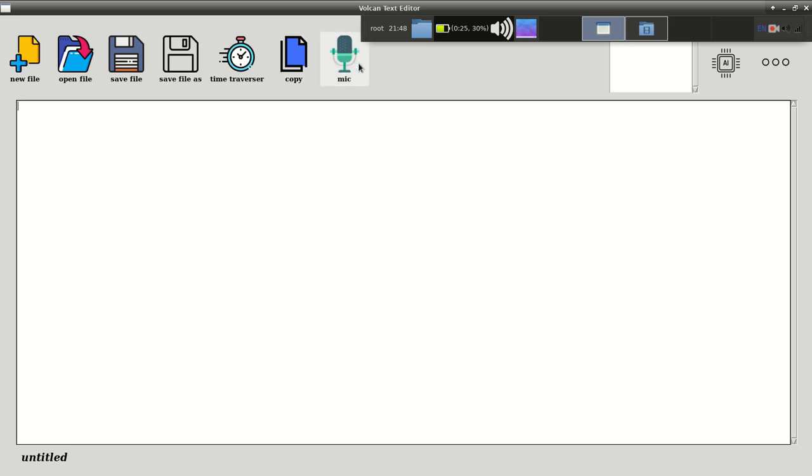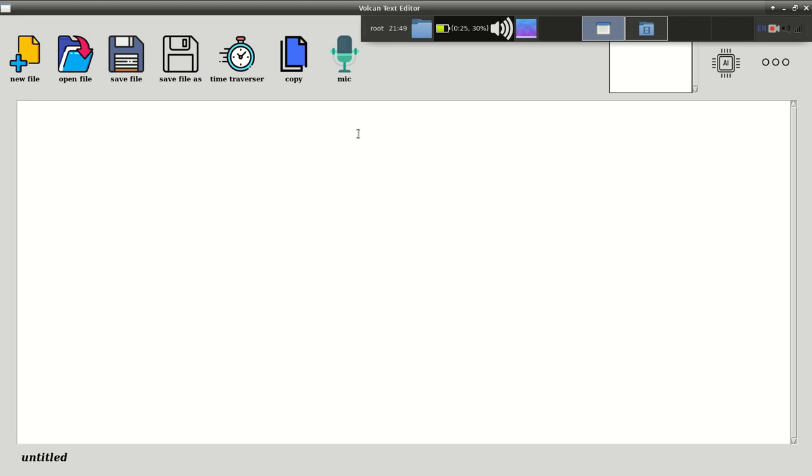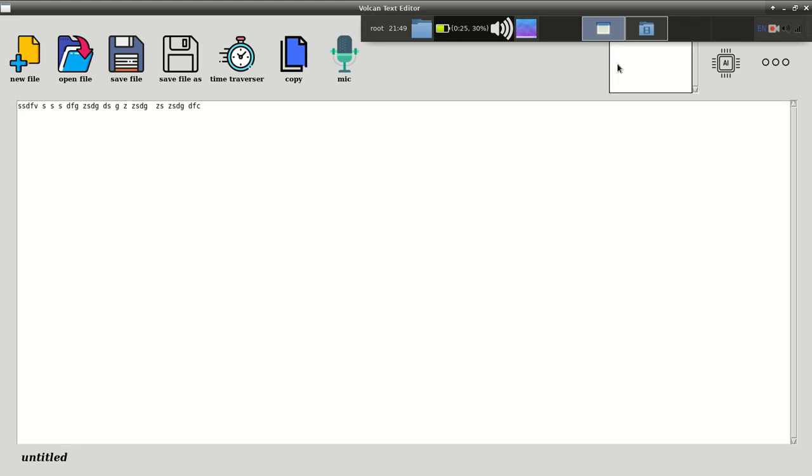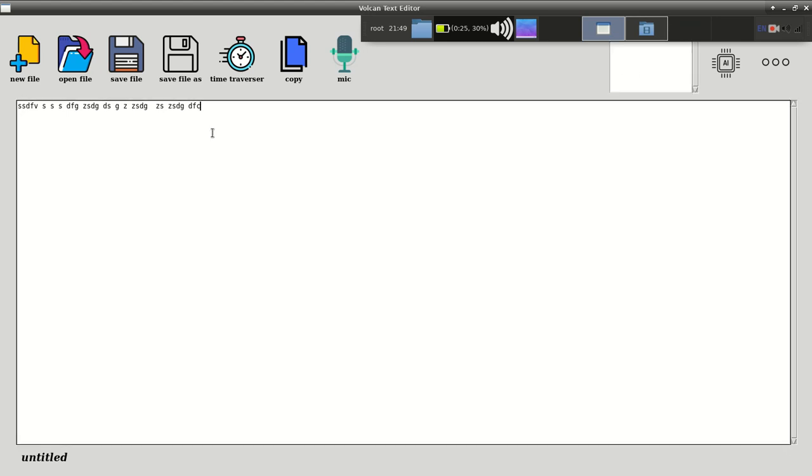And this is the mic button. I'll demonstrate this. And before that, this is the suggested area. Like if I am typing here, you can see I am typing random words. So you can see nothing is happening over here. If I am typing anything, nothing is happening.